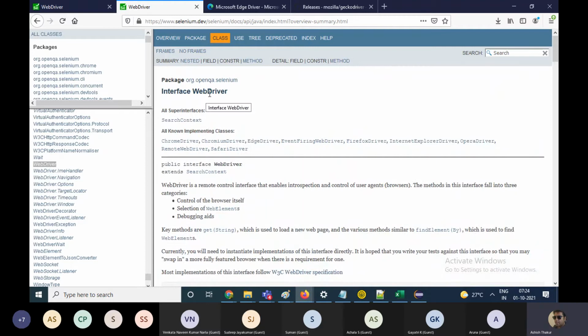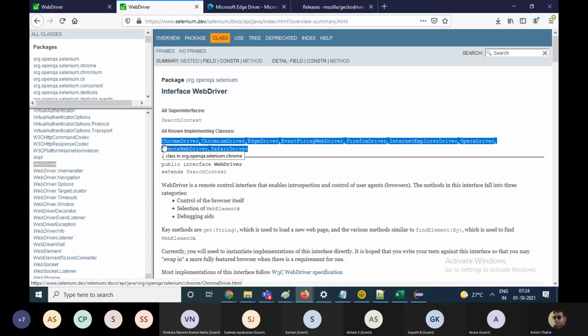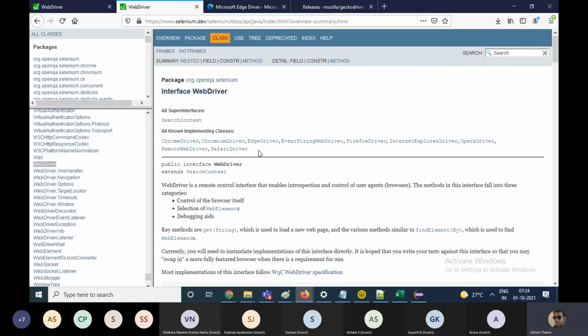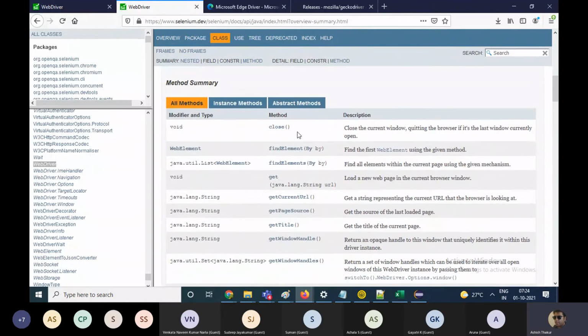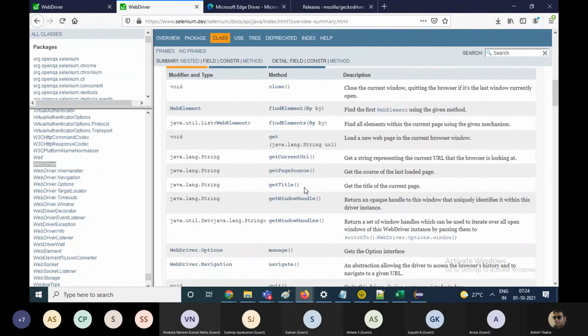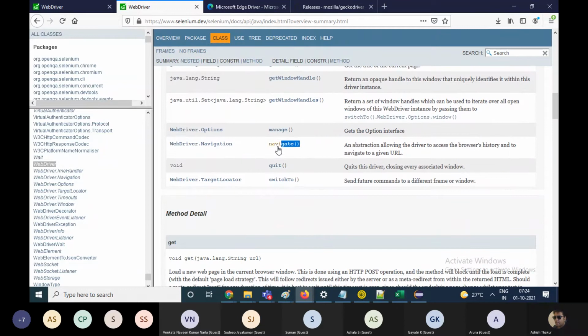the WebDriver interface there, this interface has got these implementing classes. And these implementing classes have the same function names like close, get title, navigate, quit.